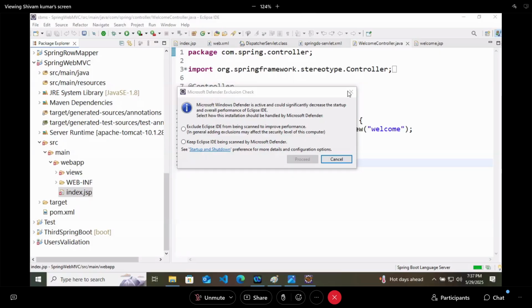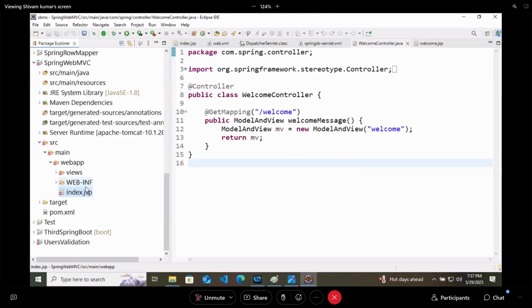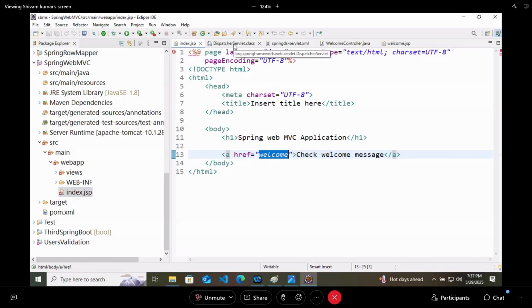Now we will start learning the things from this only, because whenever a server is opened, it will open the index file.